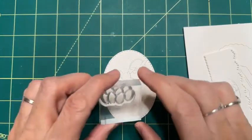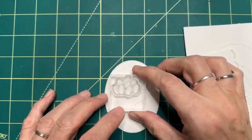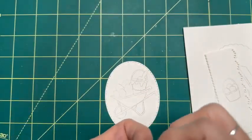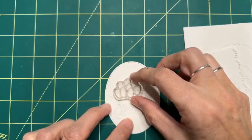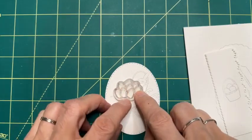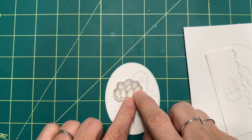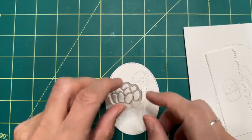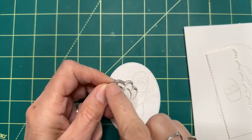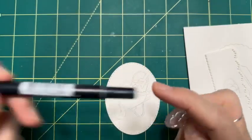And let me just show you the eggs here. This is the nice thing about clear is that you can see. So let me just show you these here. You see how those eggs, they just fit perfectly in there, but we don't want these two. So we're only going to ink these six eggs that are right here. So these six eggs right here, just these, we're going to ink, and we're going to use this, just a